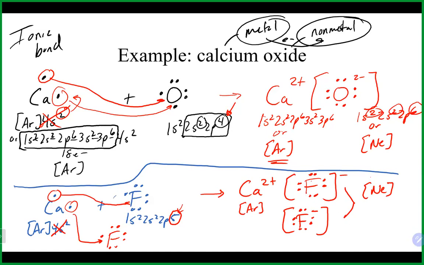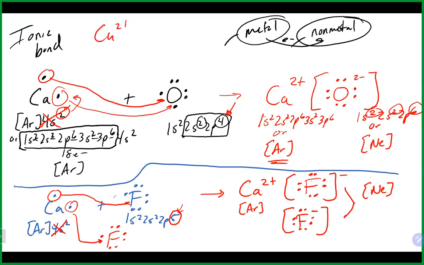Perhaps you remember, I think we talked about at the end of the last chapter, that whenever you put together something that has a positive charge and a negative charge in a formula, we want the charge to balance out to 0. And this is really the reason why, because if we take something like calcium and fluoride, we need 1 more of these guys to get us to no charge,